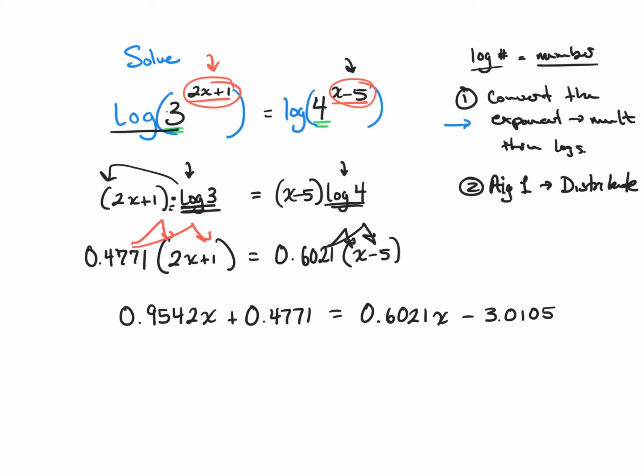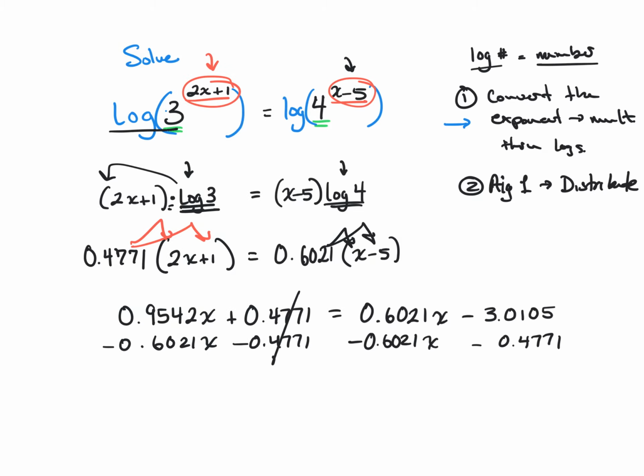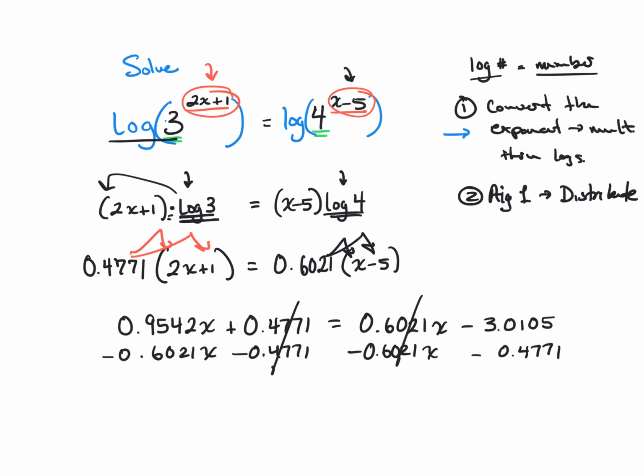Okay, and from here what you notice is we're just doing literally a linear equation with a bunch of decimals. So we're going to combine like terms. I'm going to subtract 0.6021x from both sides, and subtract 0.4771 from this side and from that side. What you get is that side cancels and this side cancels. So if I take that 0.9542 and subtract this 0.6021,